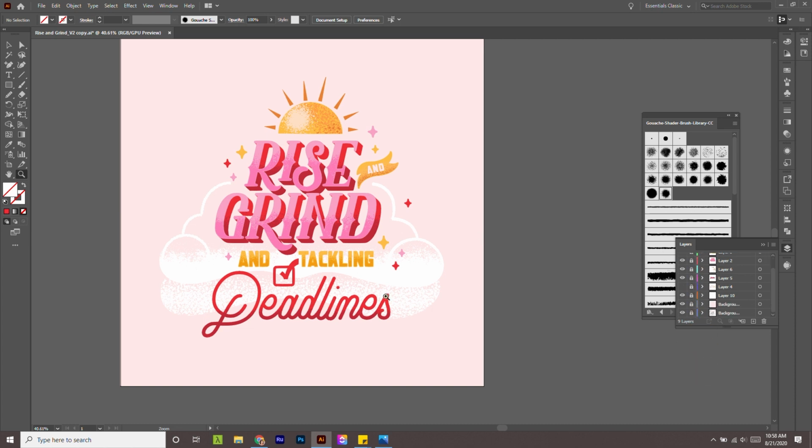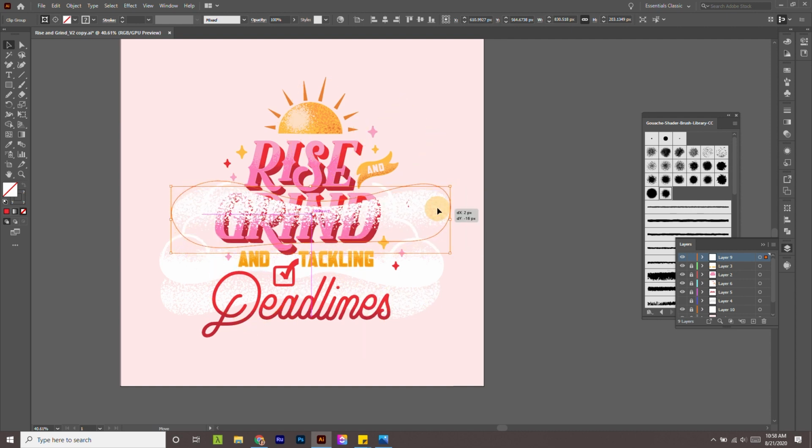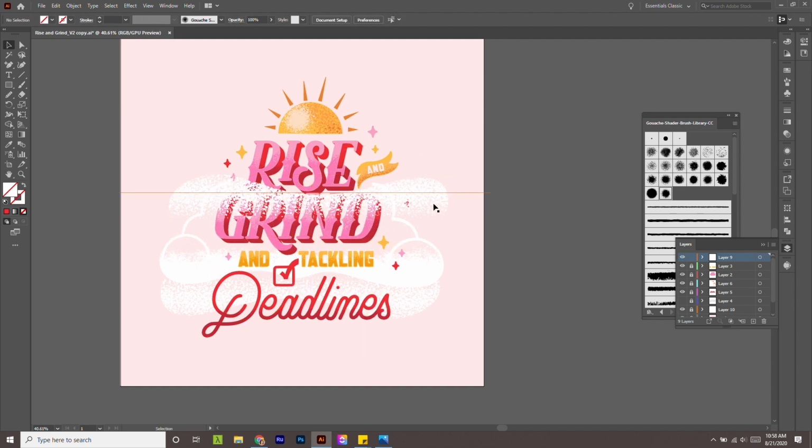But before I do that, I want to grab this cloud layer. So I'm going to go back to that layer. I'm going to select this one at the very bottom, Control C, and just copy that layer, and I'll lock it, and then I'll go to the top, and then click Control V to paste it. So then I'm going to flip this around, and I want to put it right on grind,